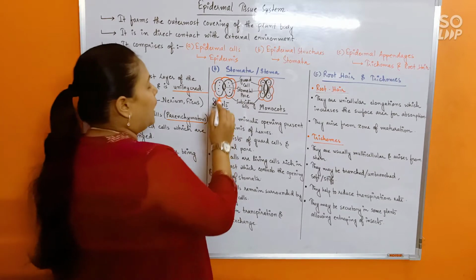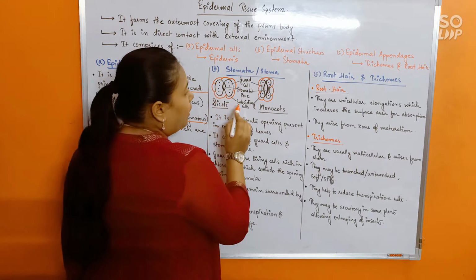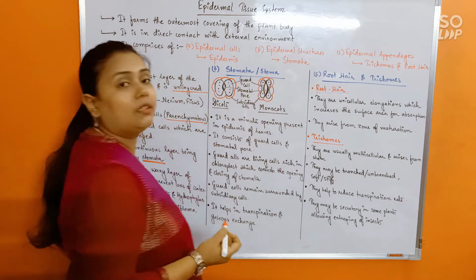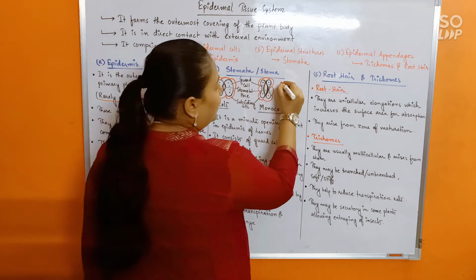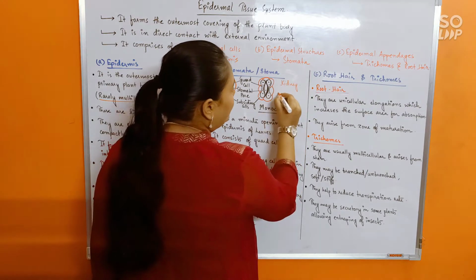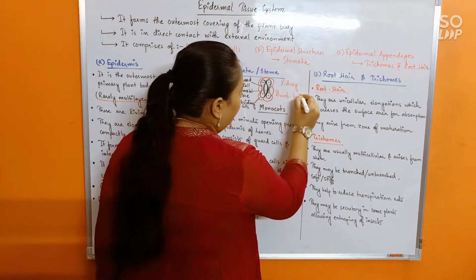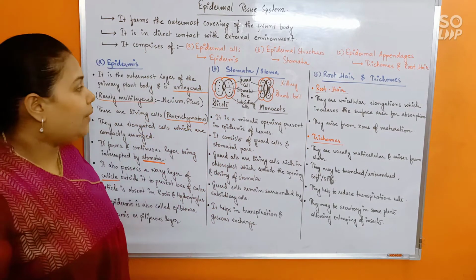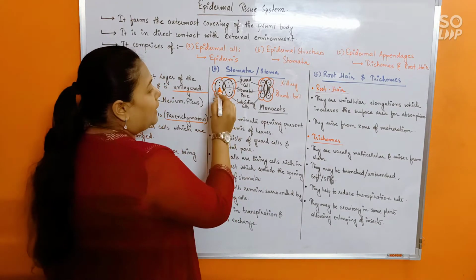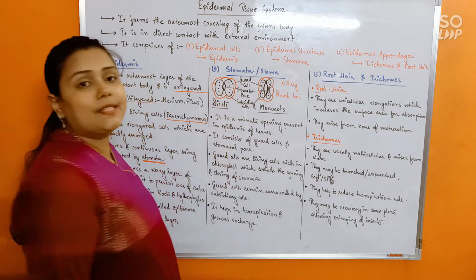These guard cells are going to be mostly kidney or bean shaped in case of dicots, but in certain grasses or monocots it may be dumbbell shaped as well. Okay, this is kidney or bean shaped, and the other one is dumbbell shaped. Okay, so now the guard cells will be living cells and they would be enriched with chloroplast. These minute dots that you can see, these are the chloroplast.